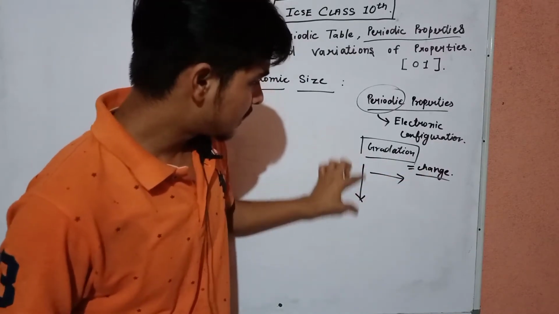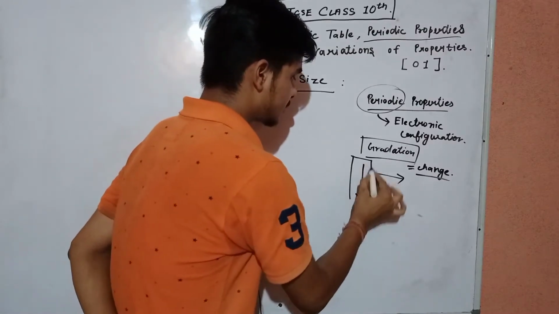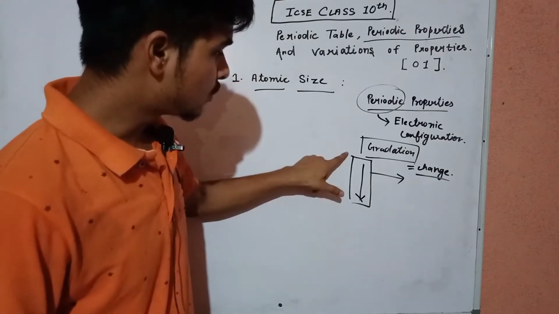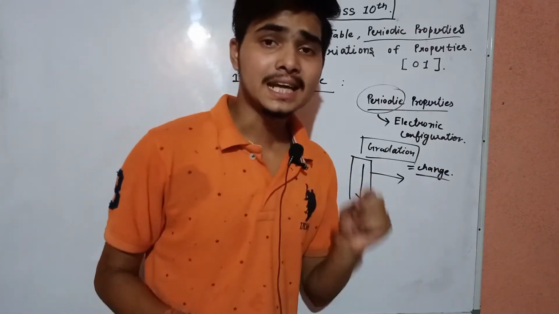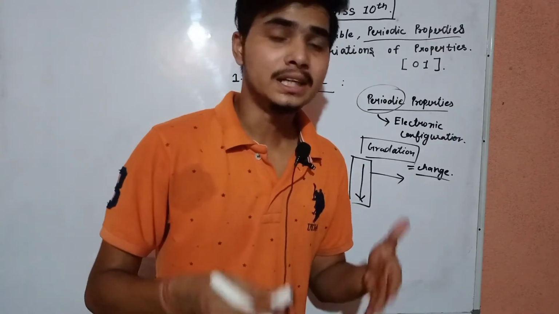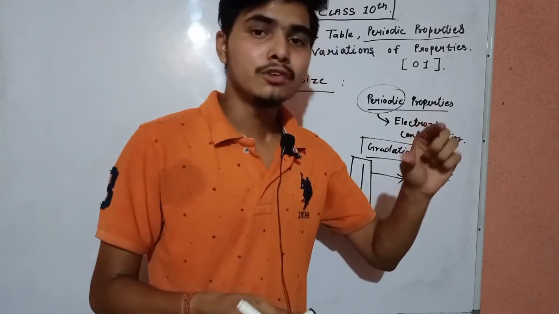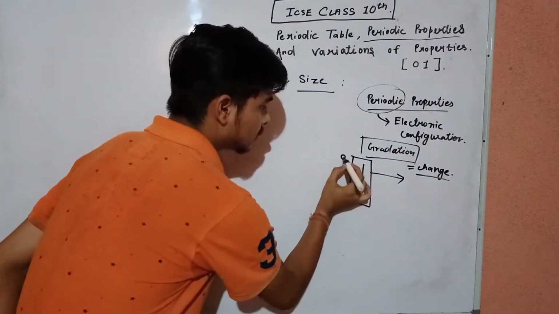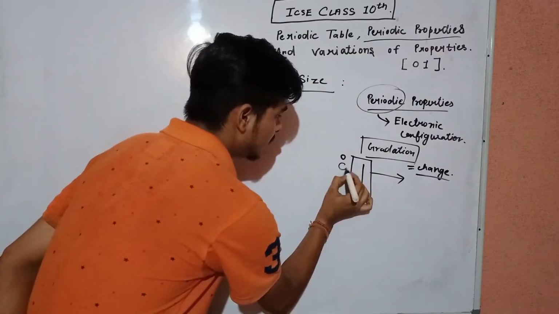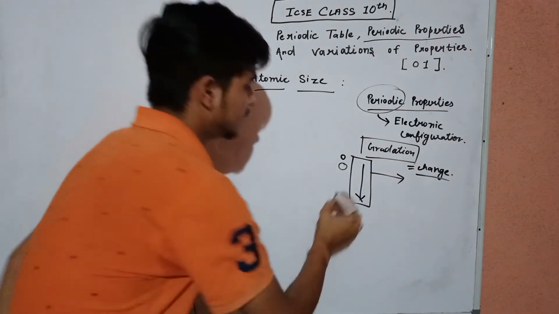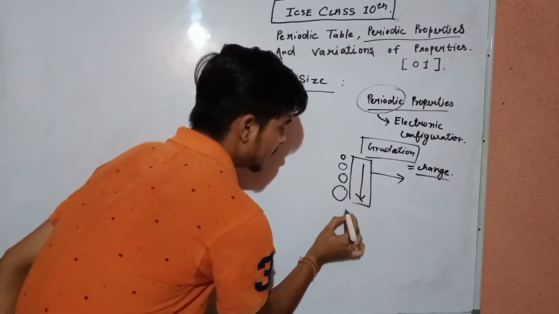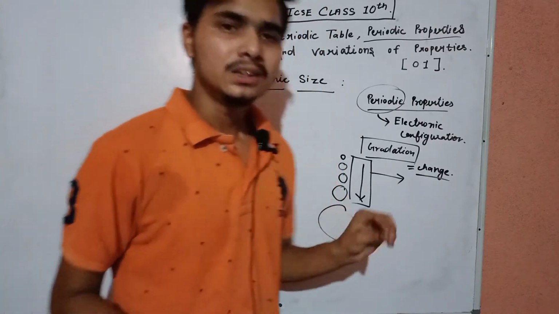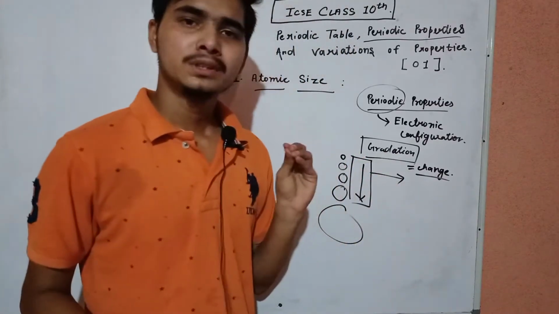in a particular group, suppose I take the first group, what will happen here is that when you go down a group, you will see that atomic size is getting increased, it is getting bigger and bigger. Suppose here is one atom, so its size is like this, the next atom would become bigger from the first, the next atom would become even more bigger. Why is this happening, what is the reason behind all that? Those also we will study in our chapter.